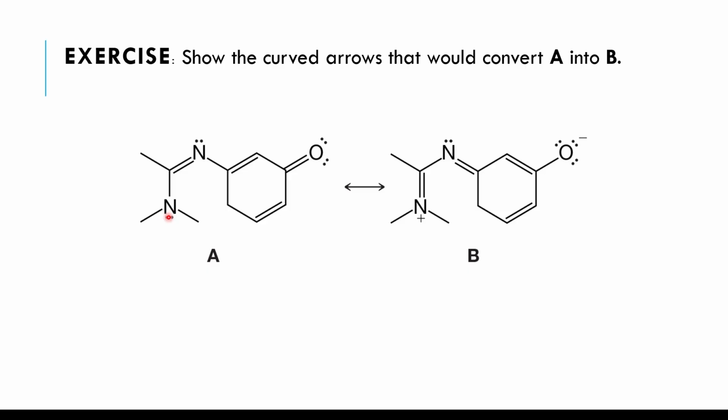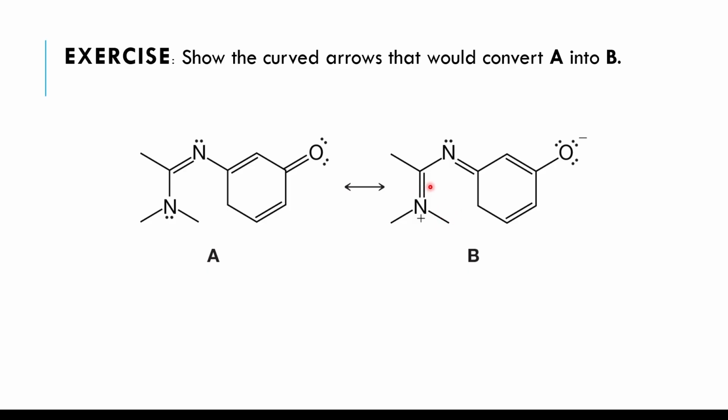Here in the first form, A, we have a nitrogen and it has a lone pair, and in the second form that lone pair is missing, and we also have a pi bond between nitrogen and carbon. So we guess that this lone pair will be shifted between carbon and nitrogen to make a